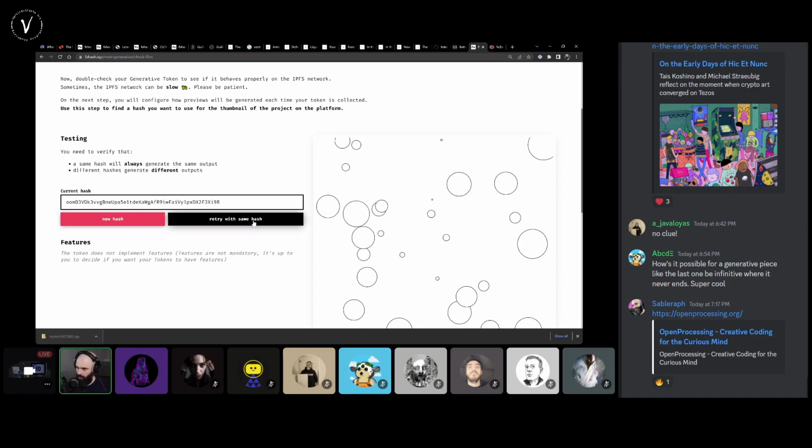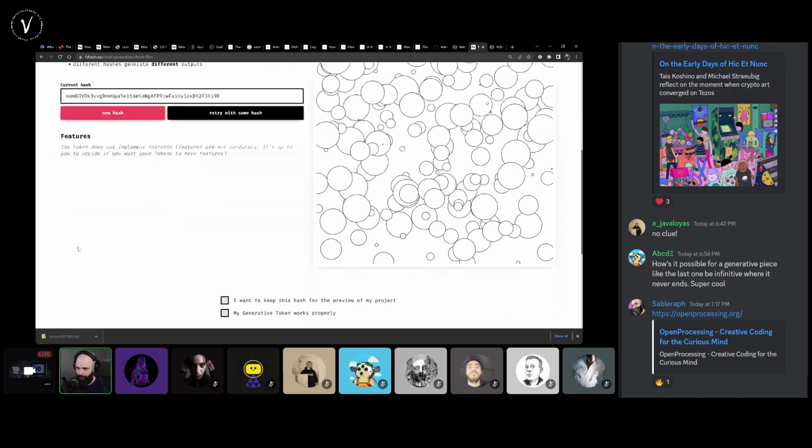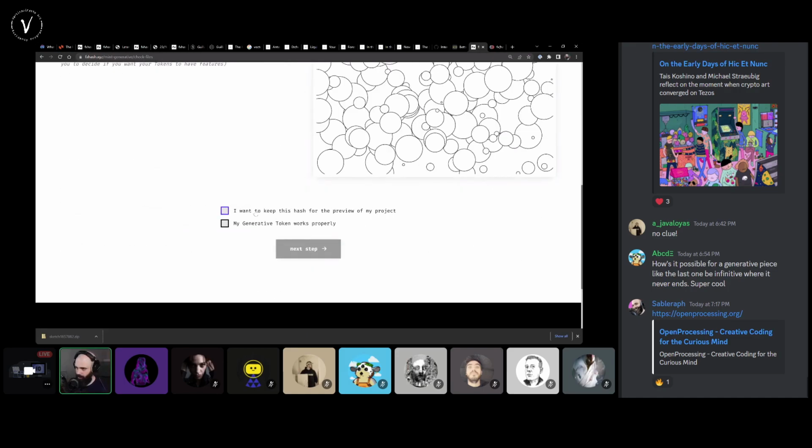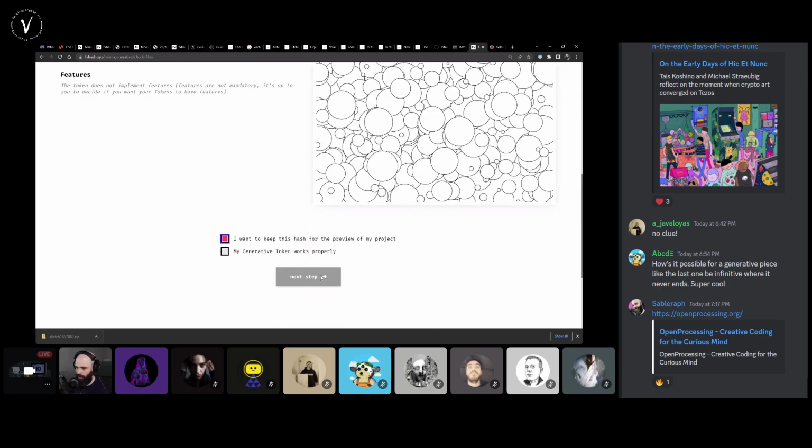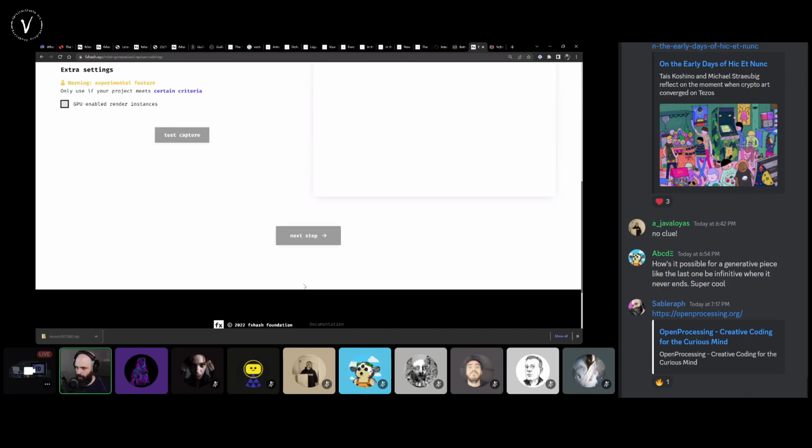I can try a new hash, and now see it starts differently. It's a bit hard to see with this one, but yeah, it looks different. I want to keep this hash for the preview of my project. So I could say, oh yeah, this one is the one I want. My generative token works properly. Next step,